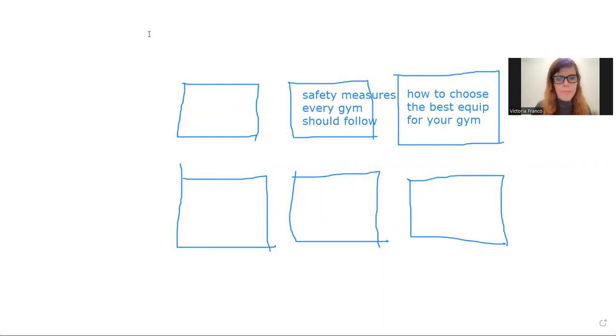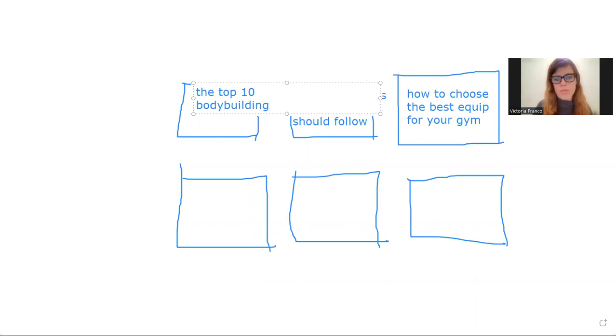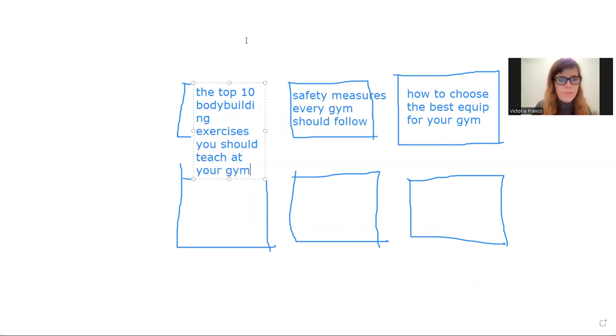Then the top 10 bodybuilding exercises you should teach at your gym. I am totally rambling here, but I'm trying to give you kind of the idea.